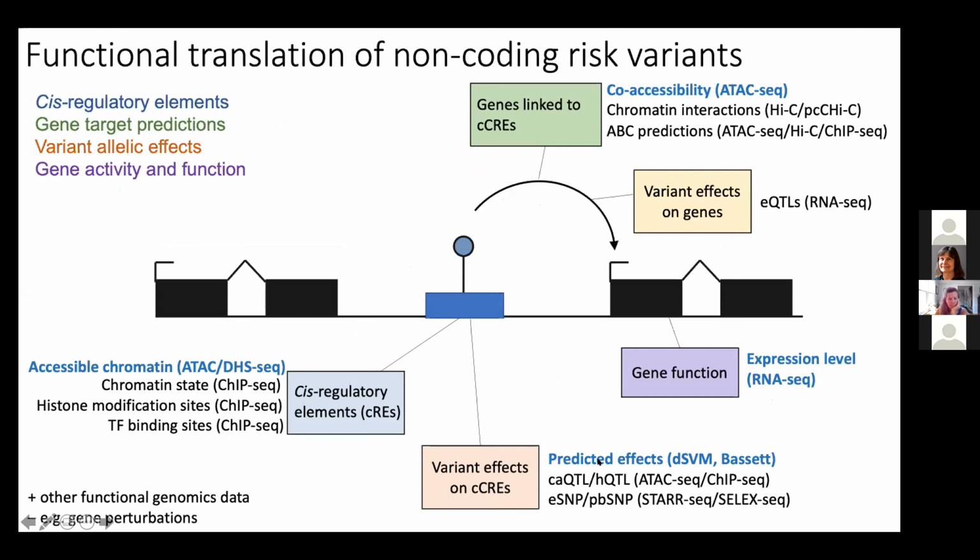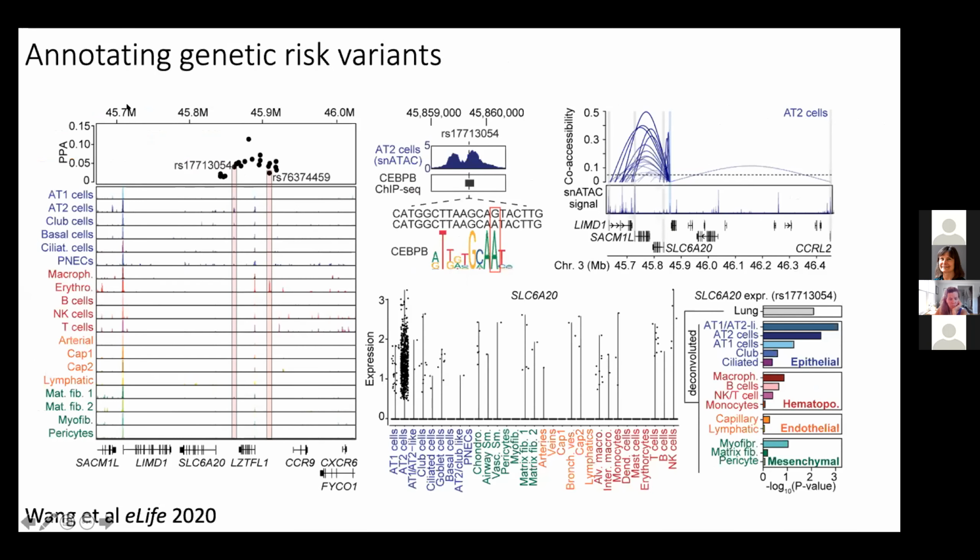We also have predictions of variant effects on the activity of each cell type, which I didn't describe, and then the expression of genes in each cell type. You can start to layer these pieces of information to gain some insight into how non-coding variants may function in lung cell types. And so as just an example of this, one of the first, well, maybe the first actually,